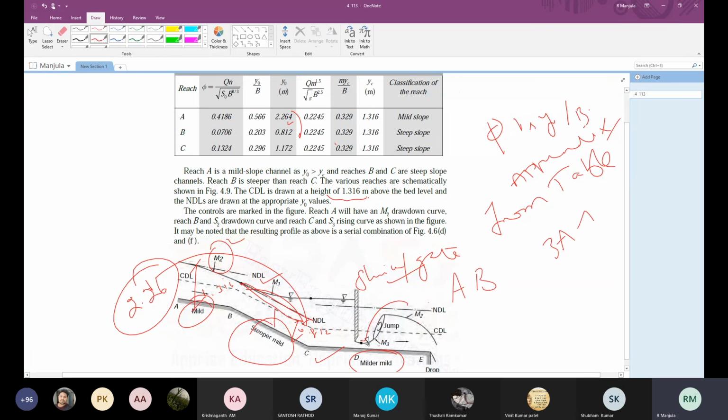So like this, you can classify the different reaches. Over a length of say 3 to 4 kilometers or 10 to 15 kilometers, you can plot the entire profile and find out how the profile is changing at various slopes. Is there any change in the bed slope or is there any change in the grade?